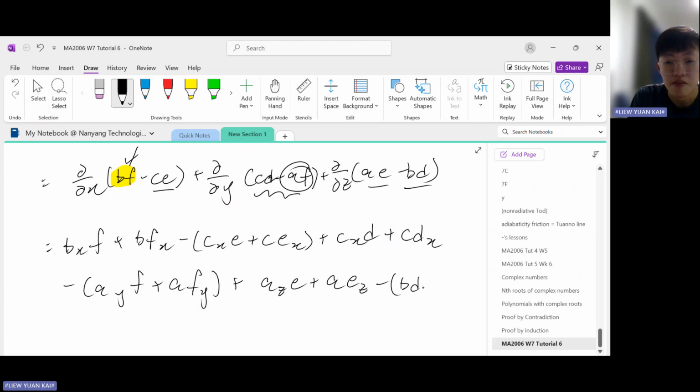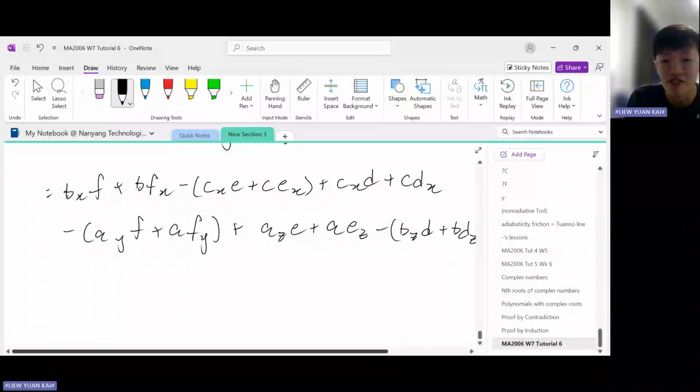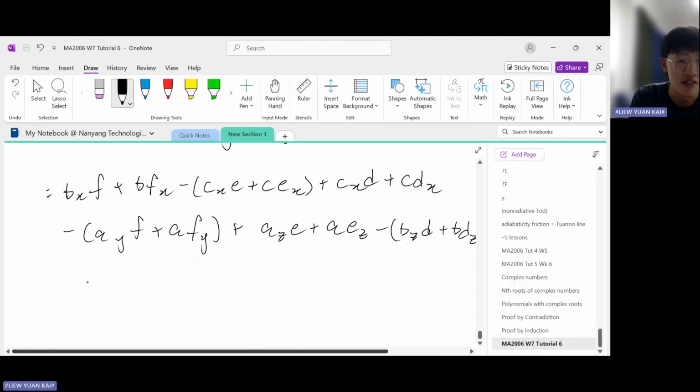Differentiate, keep, keep. Sorry. Differentiate, keep, then keep, differentiate. Okay, when I say keep, I mean keep it the same. Okay, so